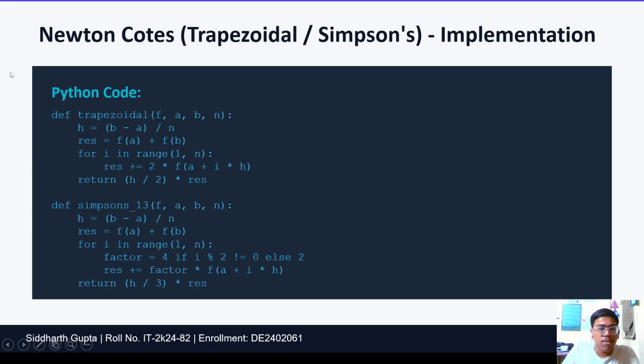So this is the final Python code for trapezoidal rule. Now moving on to Simpson 1/3, it is pretty similar. We will find the value of h as we did, again find the resultant as we did in trapezoidal, again start the same for loop, and here the only thing is